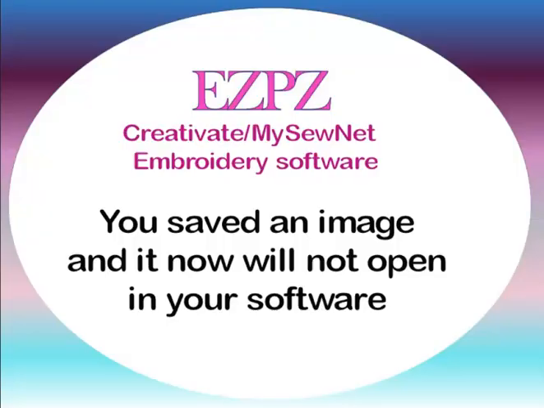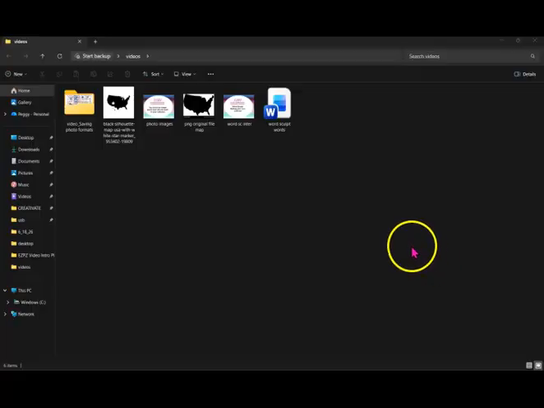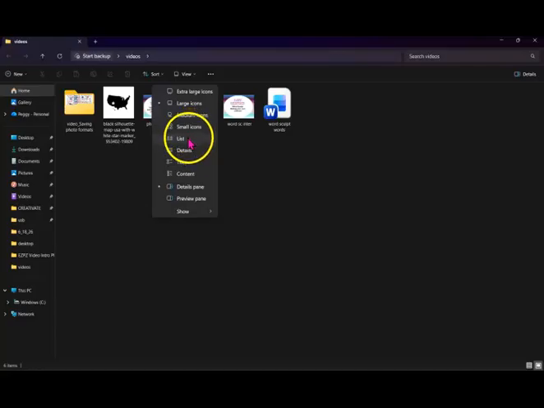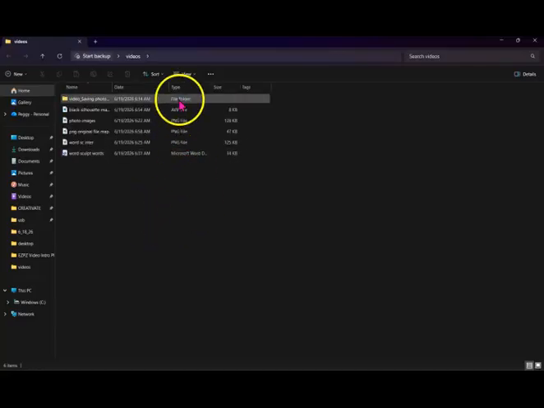For example, I'm going to open up my file that I've stored a few images in, and I don't know what the file format of this one is. So if I go to View and I click on Details, it's going to tell me what the file type is. In this case, it's an AVIF file. And I know that my software will not open that type of file. So all I have to do is